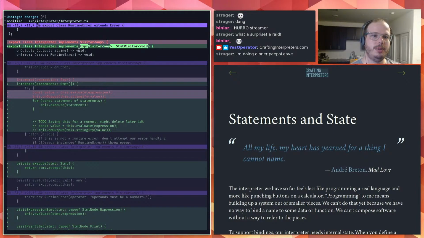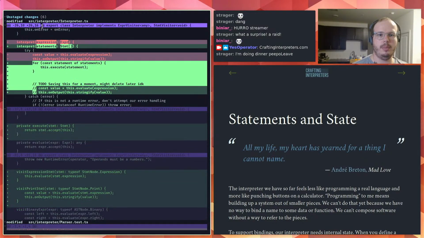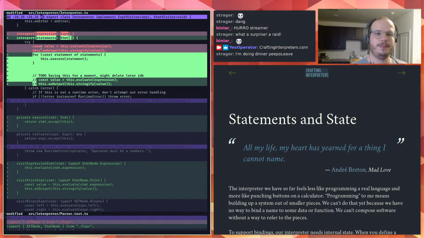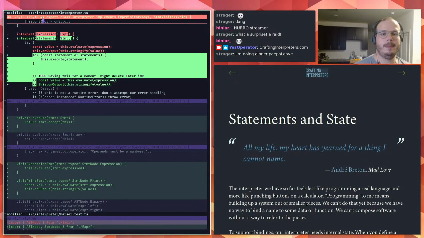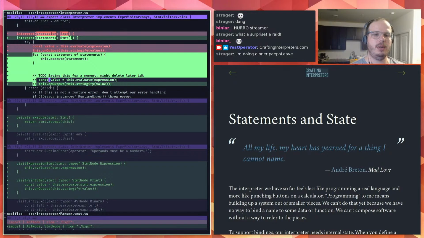Yeah, so now our interpreter has the statement visitor and expression visitor. That is totally on purpose. It accepts a list of statements instead of just an expression now. And it runs through them. I'm saving this for later. Felt cute, might delete later. Probably don't care about this anymore.